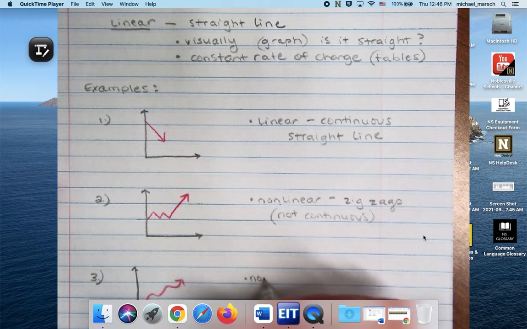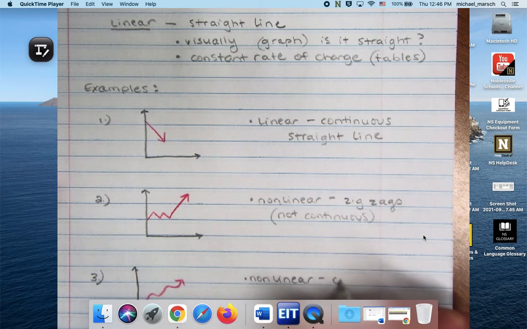This one would also be nonlinear. Max, you're so smart. Because it curves. How about